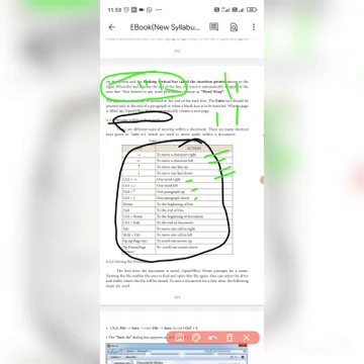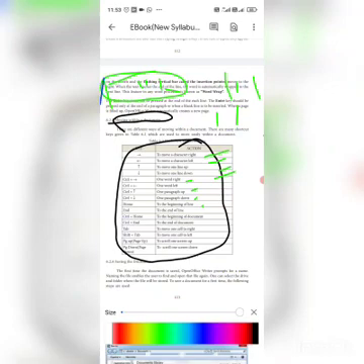Next, the Home key and End key are there on the keyboard. If my cursor is here, press the Home key and the cursor comes to the beginning of the line. If I want the cursor to go to the end of the line, press the End key. That is Control plus End. Next, Control plus Home means the beginning of the document.